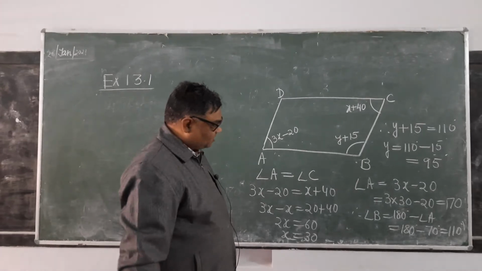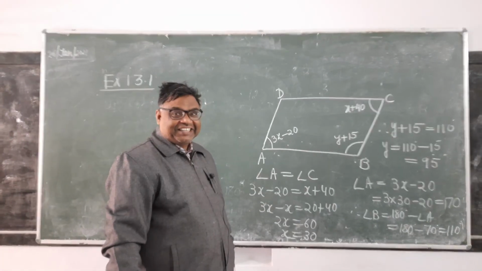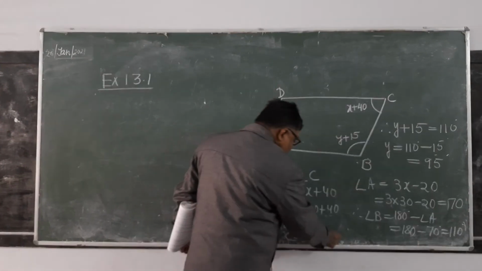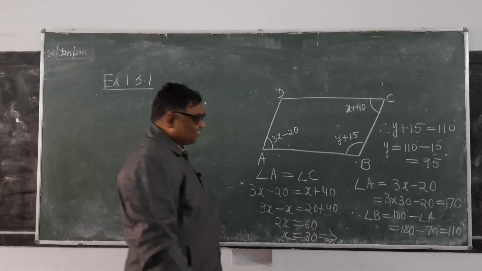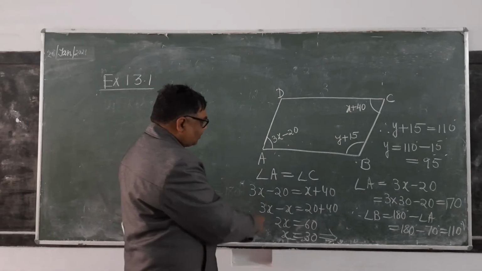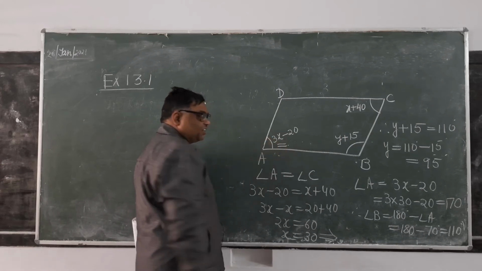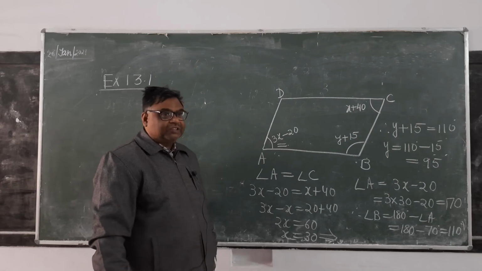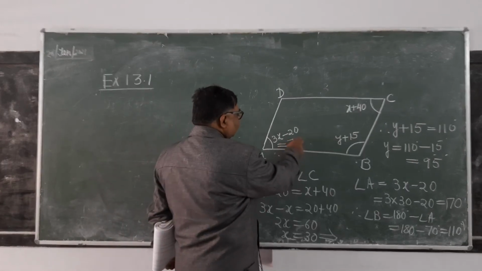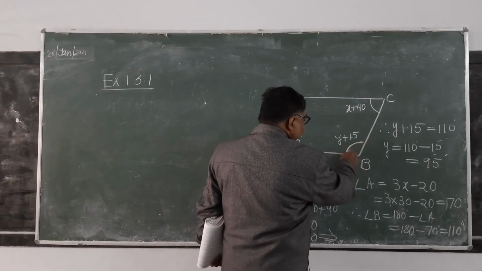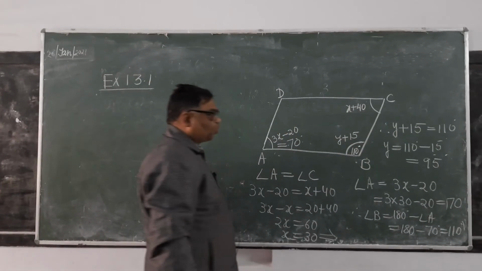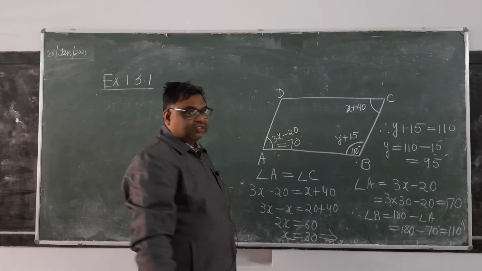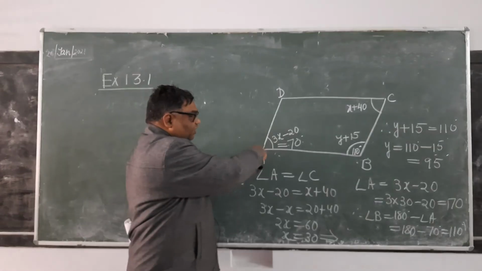Now you see it. x equals 30 degrees. When this is 30 degrees, then this angle is 3 into 30 minus 20, 90 minus 20, 70. This is 70, so what will be this? 110. Why? Sum of this and this will be equal to how much? 180. When this is 70, so that will be